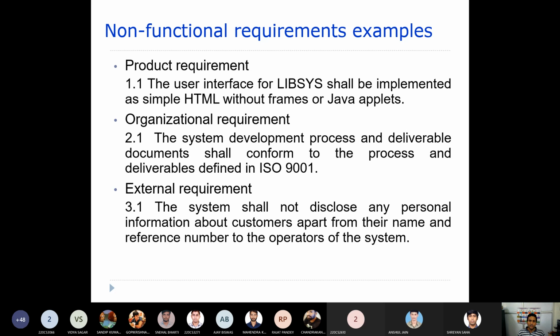So there is a design specification document I talked about, right? Apart from the user requirement specification and the system requirements specification, there is a design document specification. You are just specifying.